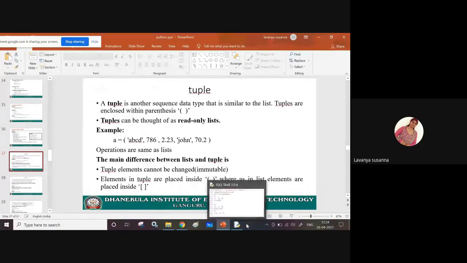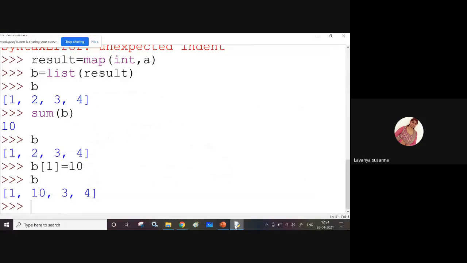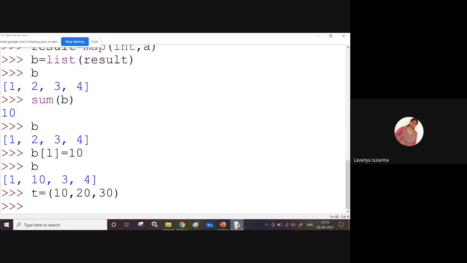I will execute and show you. Tuple t equal to open bracket 10, 20, 30, close bracket.